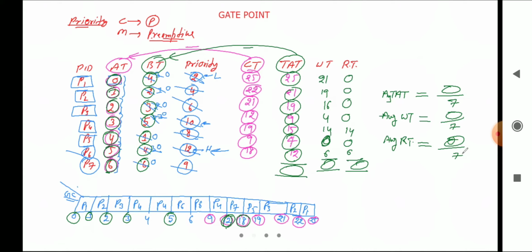And we can see some of the points related to the shortest job first. Okay, already we have done the shortest job first, but some theoretical points we can see. Now let's see the shortest job first. What is the advantage for this one and what is the disadvantage for this one?